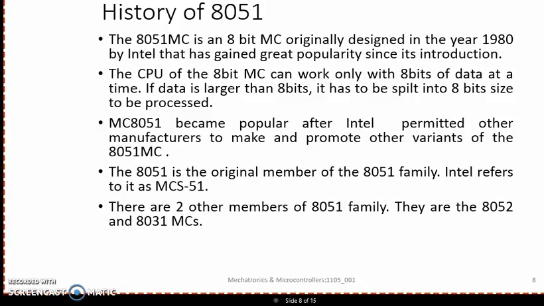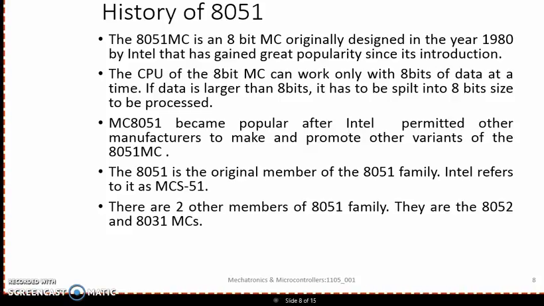Now let us look into the history of 8051. It is an 8-bit microcontroller which was designed by Intel in 1980. It is an 8-bit microcontroller which can work on 8 bits alone. If the data size is more than 8 bits, then the data has to be split into 8 bits and then it is processed. It became popular after Intel permitted other manufacturers to make and promote other variants of 8051